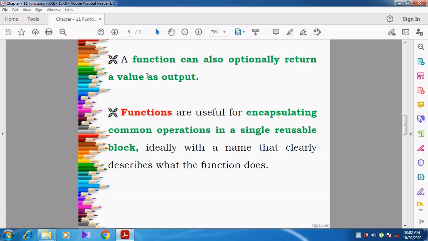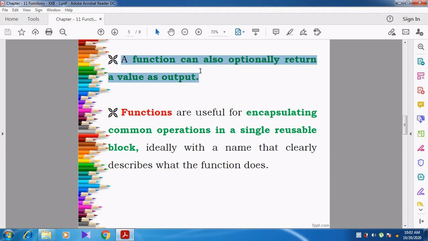After the function is processed, after performing a specific task, something can be returned to the main function again. So see here, a function can also optionally return a value as output.